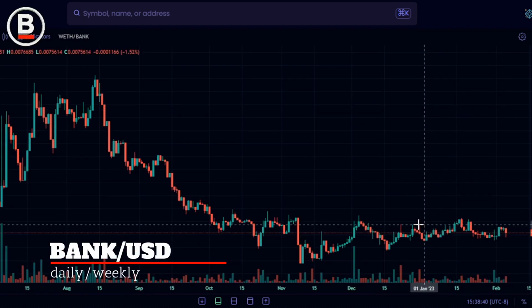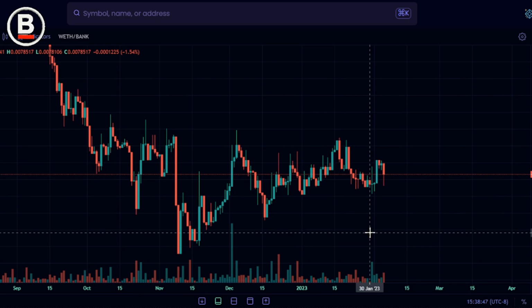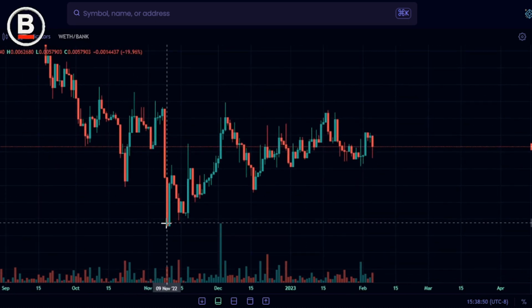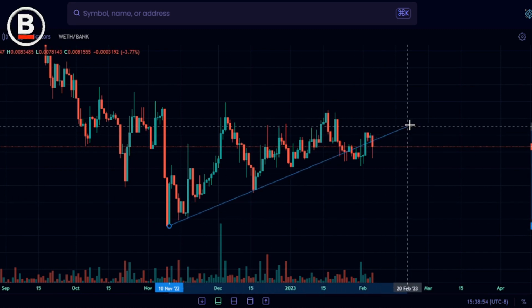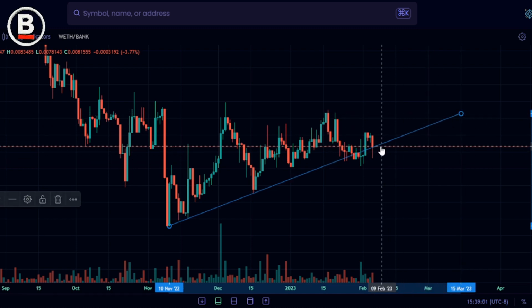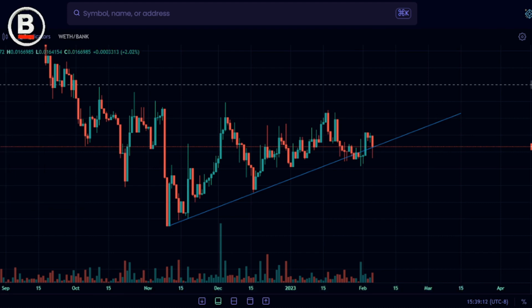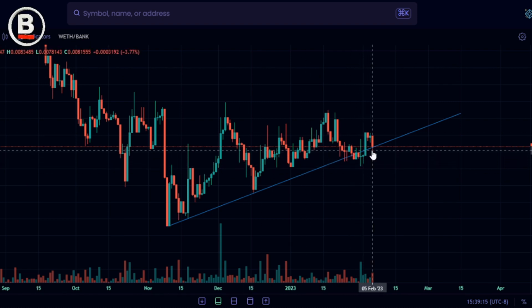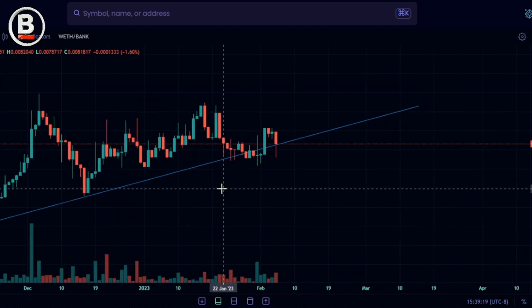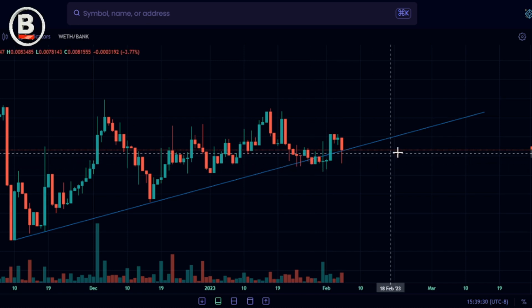But if we go out to the daily on the bank token, you can see that we're sitting at 0.8 of a dollar, which is pretty good. We are just barely holding on to this trend line. We can't see a weekly here. But with today's candle hopefully closing in a couple hours or hour above this trend line,